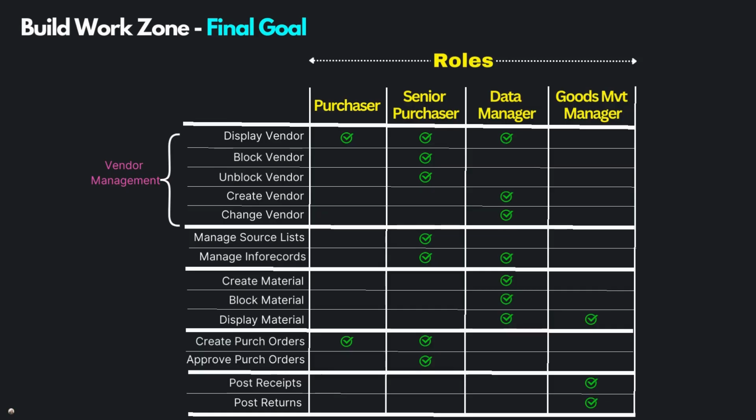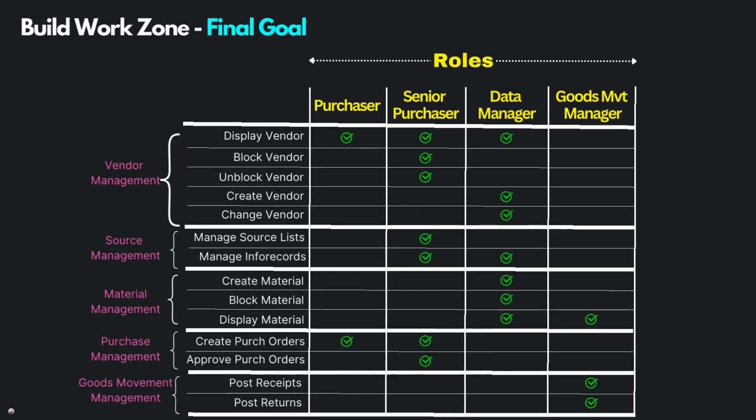Next, a group called source management. Thirdly, a group called material management for apps such as create, block, delete material. A group called purchase management for apps such as creation of the purchase order, approval of the purchase order. And finally, a group called goods movement management to bring together all the apps that have to do with goods movement, such as the app to post receipts